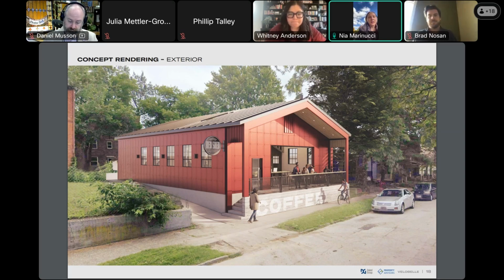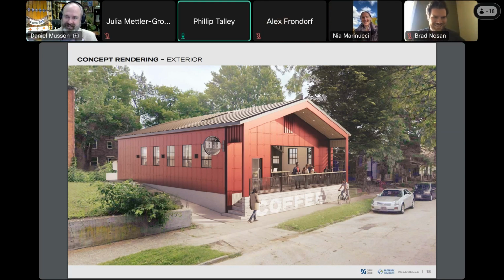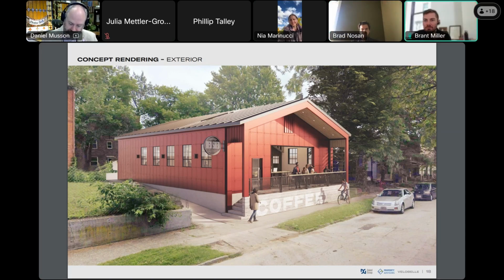Okay. Can I still make a motion if I'm not chairing at the moment? Whichever one of you is chairing cannot make a motion. So if you make a motion, I'll assume Phil's still chairing. Okay, sure. If you were about ready to make a motion, let's go for it. Does anyone else have any comments? Brant, do you have any comments? No, I agree with the rest of the members.